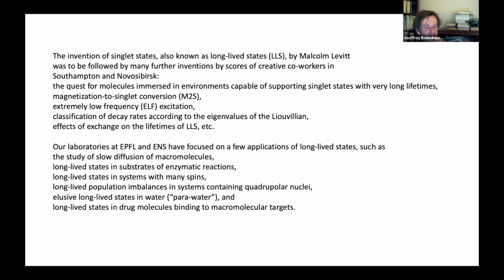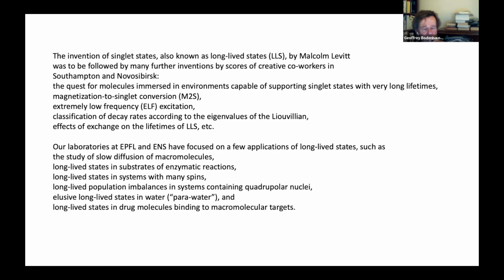So long-lived states would have to be in rather dilute systems. We looked at pairs of phosphorus nuclei in a background that has no magnetic nuclei at all. But none of these ideas came to any useful result. But I would very vividly encourage people in the solid state community to try again. To my knowledge, there has been no evidence that long-lived states could be prepared with lifetimes longer than T1.